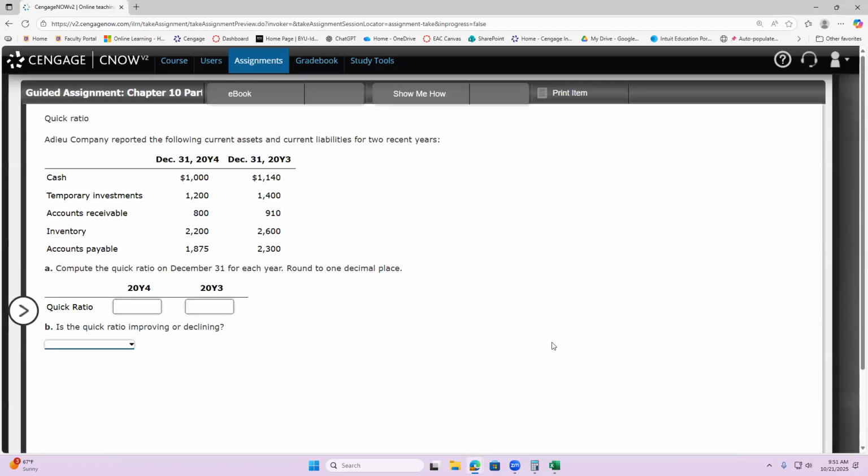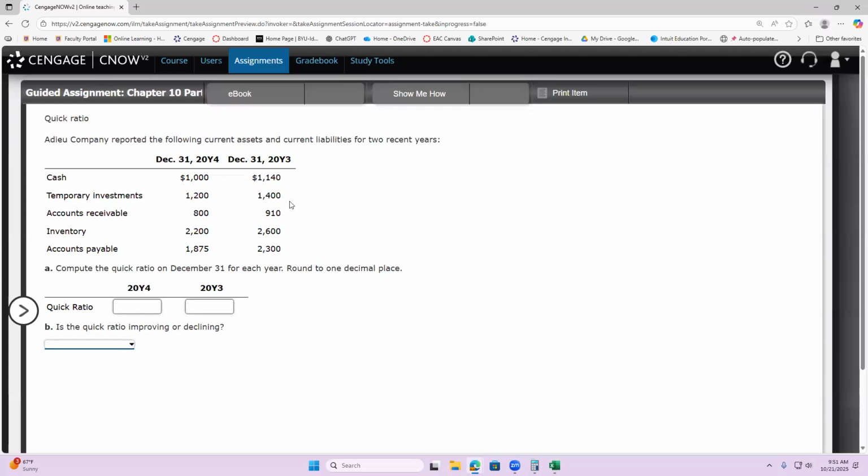All right, so I think we're just doing one on quick ratio here. So the Adi company reported the following current assets. They have cash, temporary investments, accounts receivable, and inventory. And then we're supposed to figure out the quick ratio, which is the quick assets divided by the current liabilities. So quick assets include, let's see, cash,